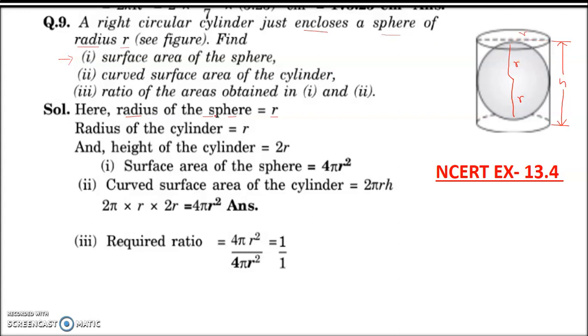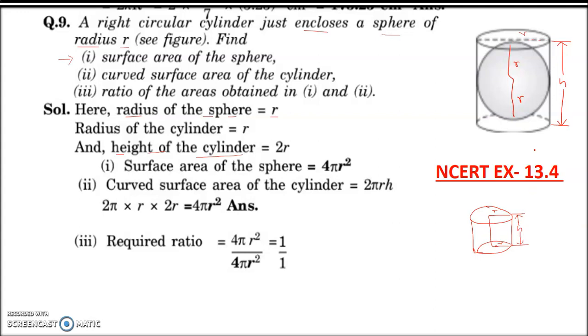Okay, so the radius of the sphere is r. So what is the radius of the cylinder? The radius of the cylinder will be small r only. What is important, if you keep this in mind, is the height of the cylinder. Now see this figure carefully. If I draw a cylinder here, I had explained during the live classes also, I am explaining again, students. So your center, okay, this will be your radius, and the same, this will be your radius. Your height is this portion, right? Your height is this portion.